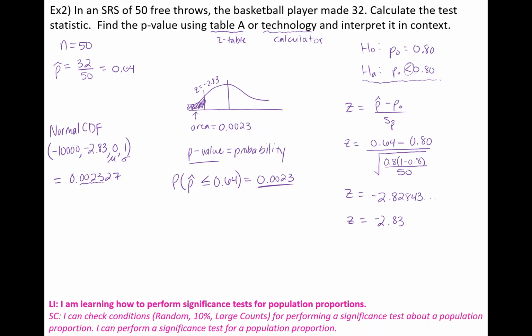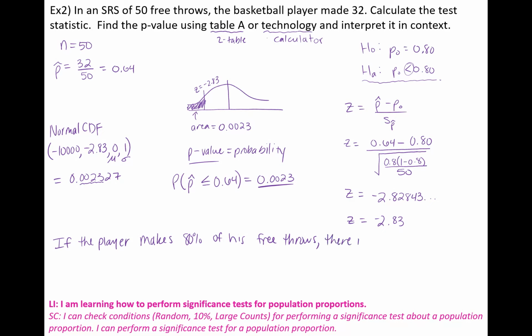What we would need to say then is it says interpret it in context. So here's how we would interpret that. That statement, I'm sorry, my brain stopped for a second. Okay, if the player makes 80% of his free throws. Okay, so that part is the null hypothesis. So we're assuming if the null hypothesis is true,